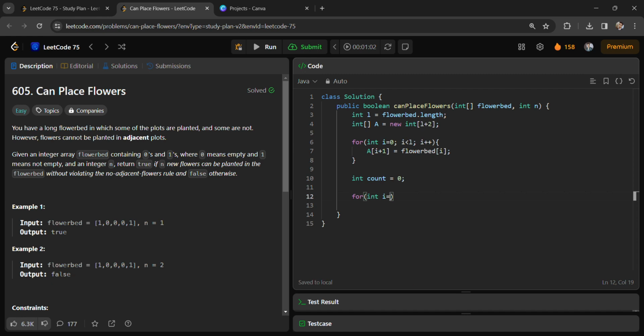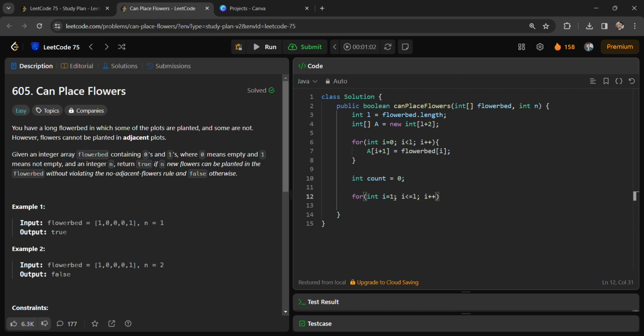The I is 1, because we are storing values from the first index. At the index of 0, that would be 0. That is why we are starting the loop from 1 and less than equal to L